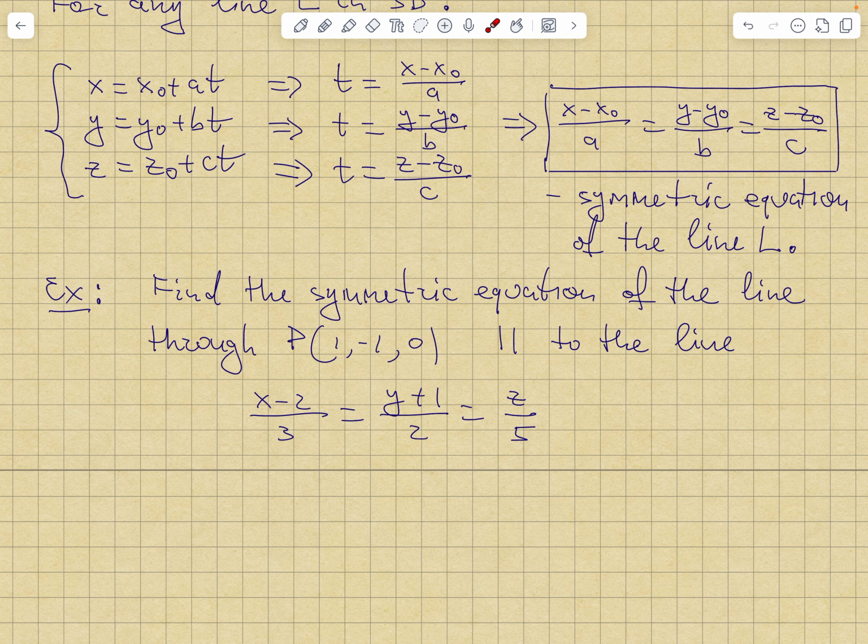And from this symmetric equation of a line, I can read off the coefficients of the vector a, b, c simply by looking at the denominators of these expressions here, right? Because this is a generic symmetric equation of a line. On the top, it has x minus components, coordinates of the point P. On the bottom, it has components of the vector v. So,